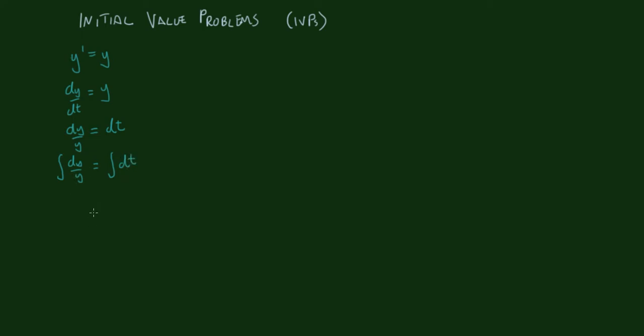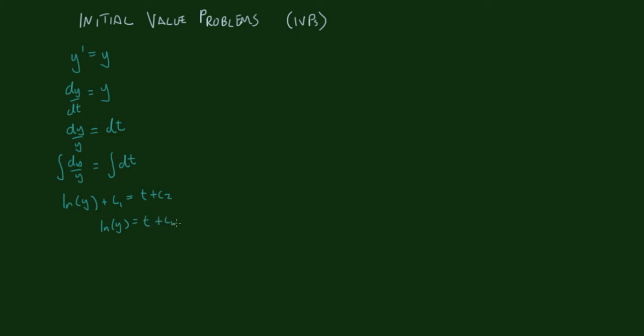So the integral of 1 over y dy is the natural logarithm of y, and the integral of 1 times dt is simply t. What I haven't done here is, I'll just undo that quickly, I forgot to put in the constant of integration. So we got log of y plus, let's call it c1 for one constant, and we have t plus c2 for the other. Okay, and I could rearrange this to give me log of y is equal to t